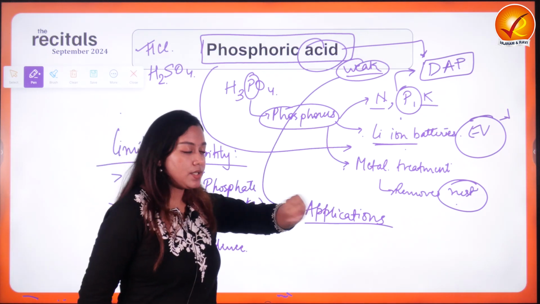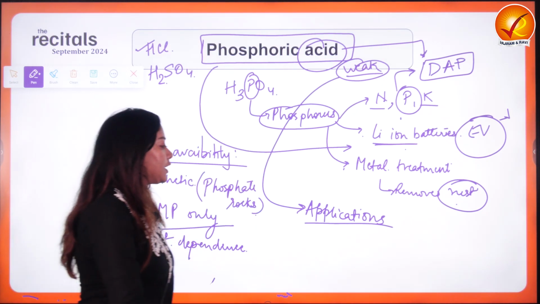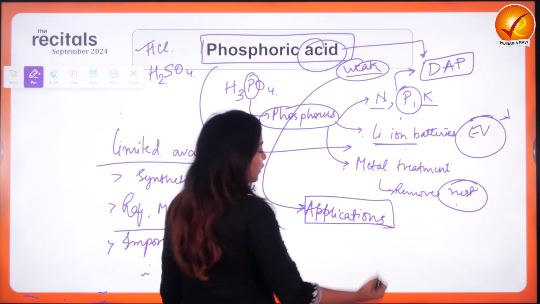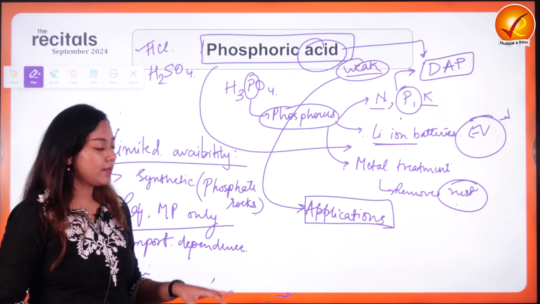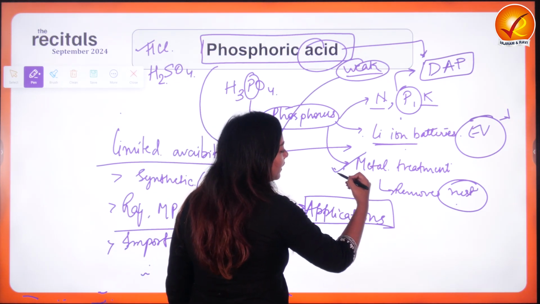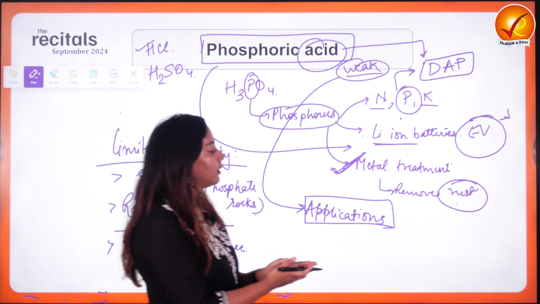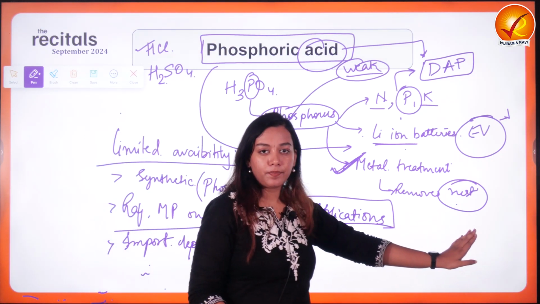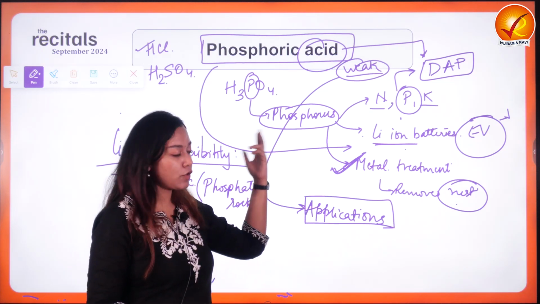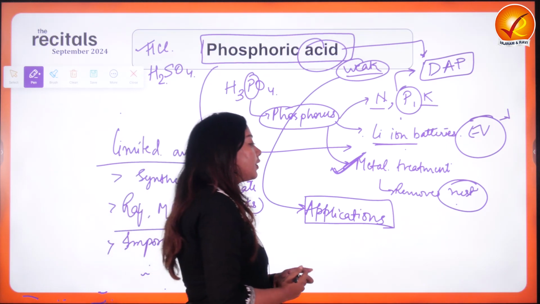What are the applications? When I was talking about the application, I already told you, I shall be telling you some of the applications of this phosphoric acid because of its property that it is a weak acid. Now, because it is a weak acid, it is also available for metal treatment. Metal treatment, because the moment you put it on a rusted metal, the rust part gets attracted or absorbed by the phosphoric acid, and you see the fresh metal in front of you. So it is a rust remover.